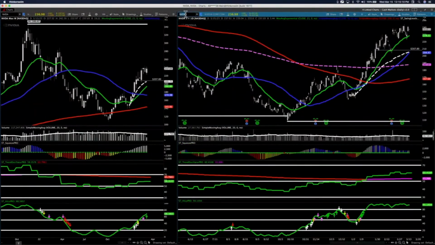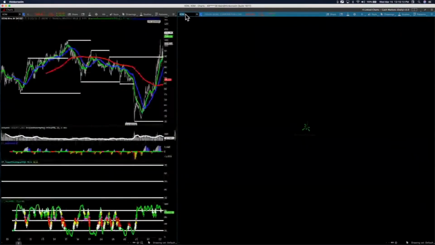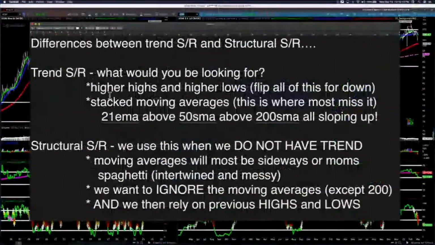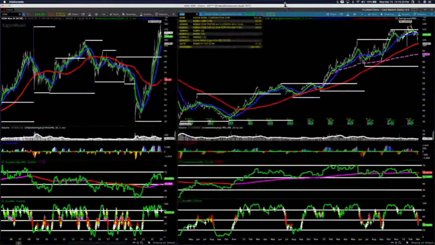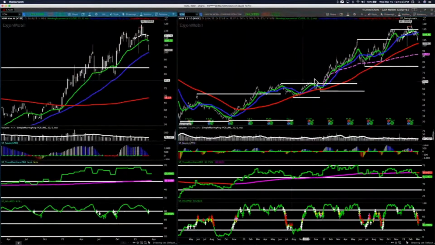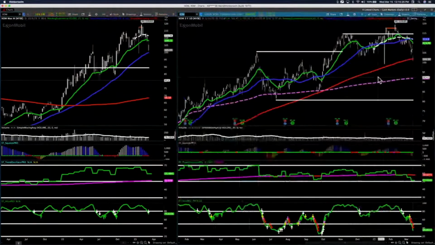Yeah, I'll do one more. I just really wanted to give you guys these notes here and drive home the point of when to use moving averages, because I see folks shout out moving averages all the time as if they're gospel when things are not in trend. And you can only use moving averages as dynamic support and resistance when things are in trend.